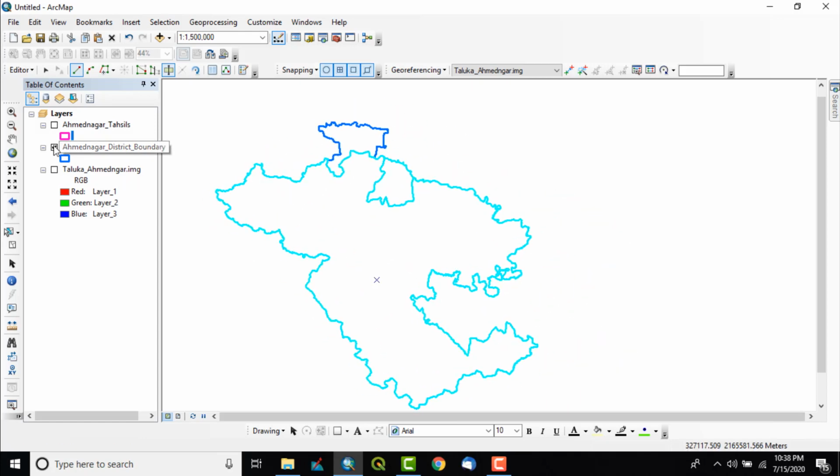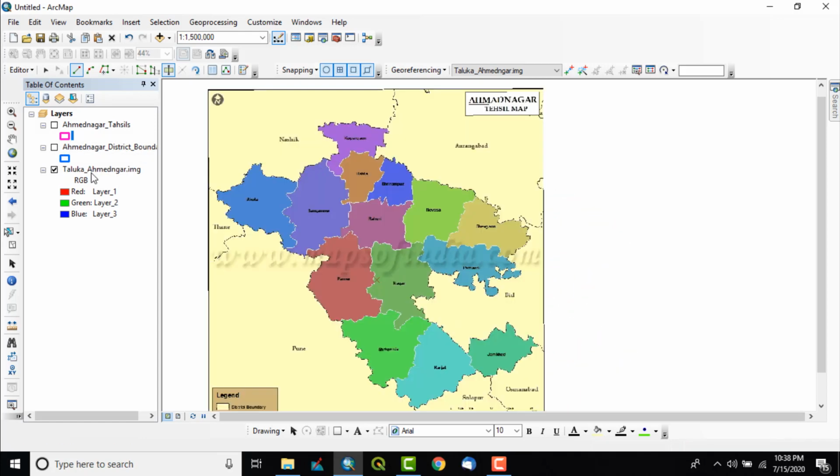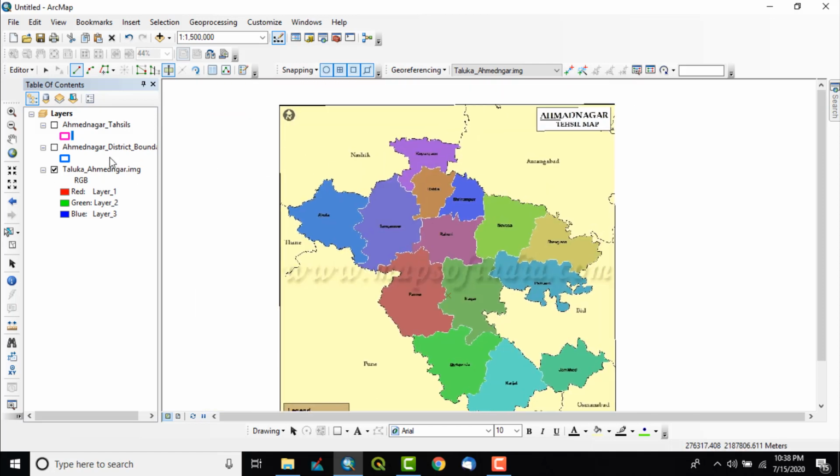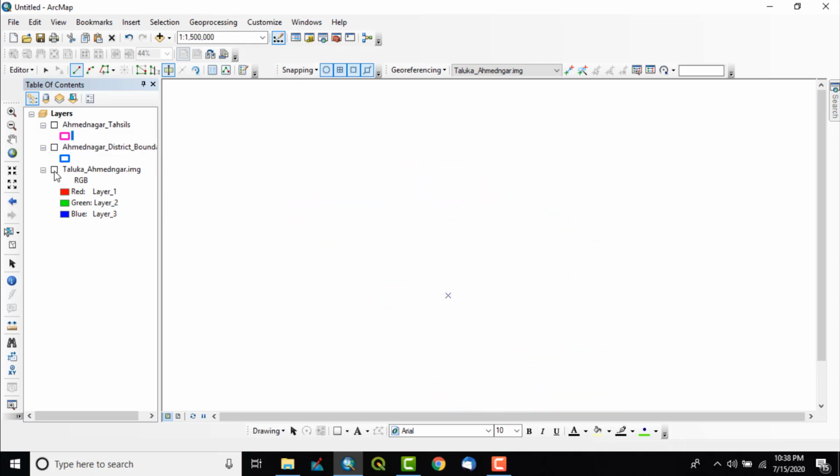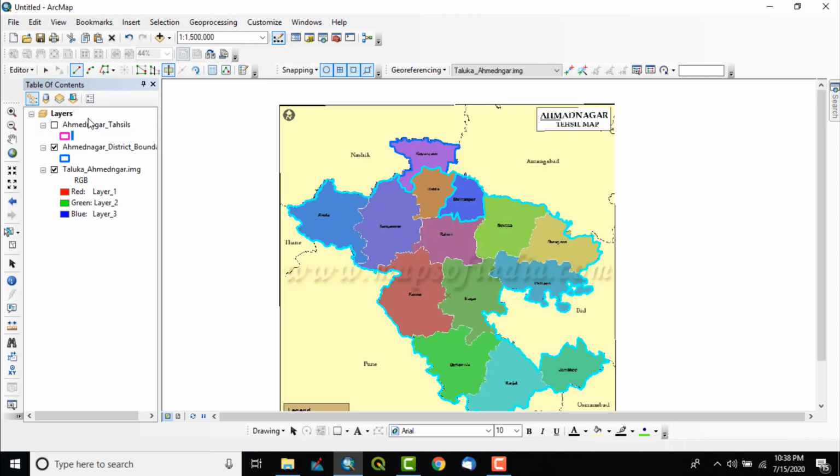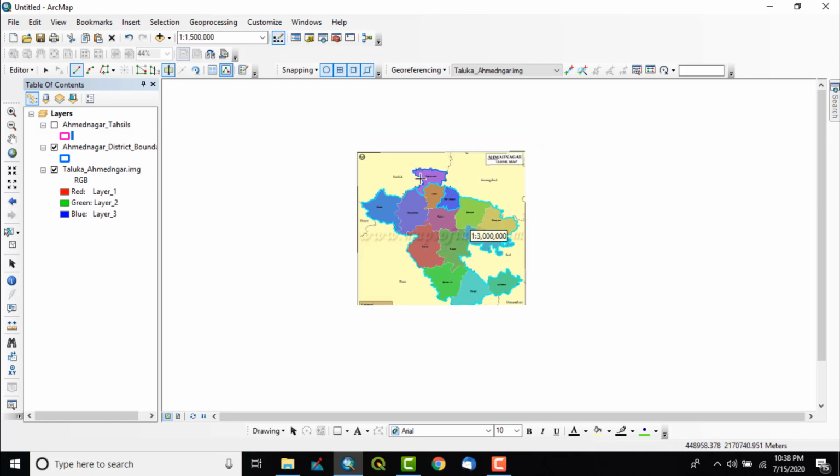Then we georeferenced this JPG file with the Ahmednagar district boundary shapefile, and then we added both files in the ArcGIS software, used the Editor toolbar, and in that we used the cut polygon tool to create the tehsil boundaries of Ahmednagar district.